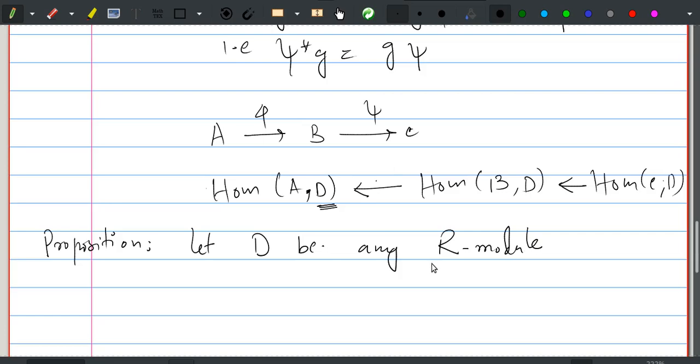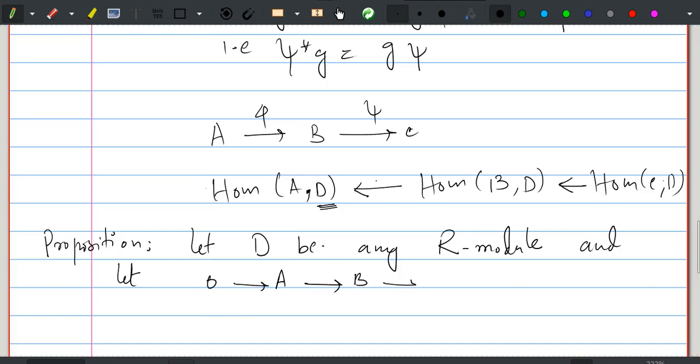So this is given to be an R module, and let 0 goes to A goes to B, B goes to C, and C goes to 0. Here we have map phi and psi. So if D is any R module, and let this be an exact sequence of R modules,